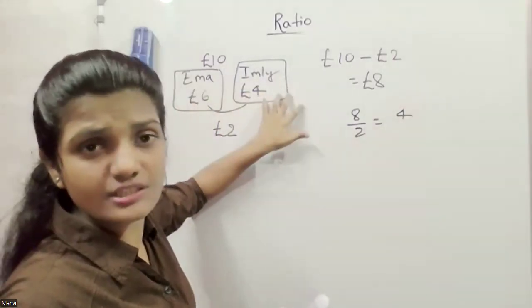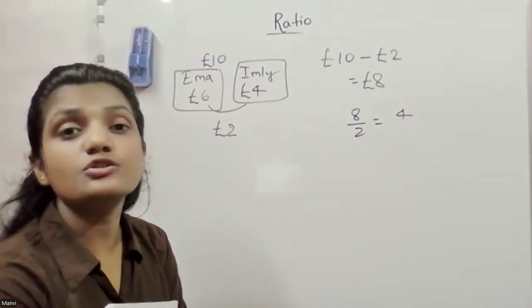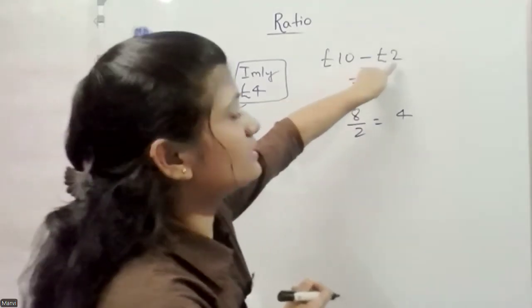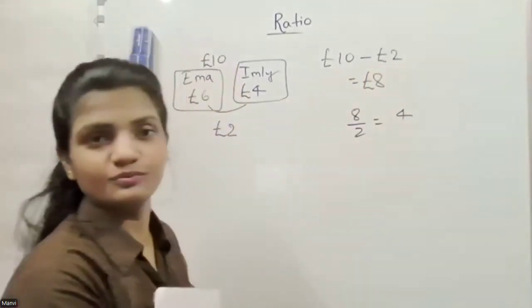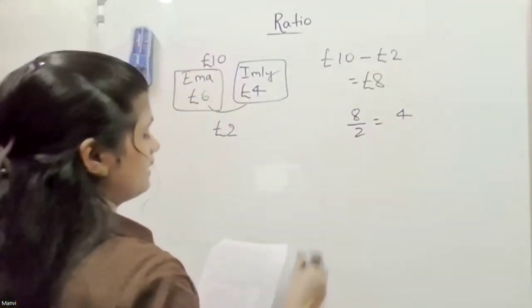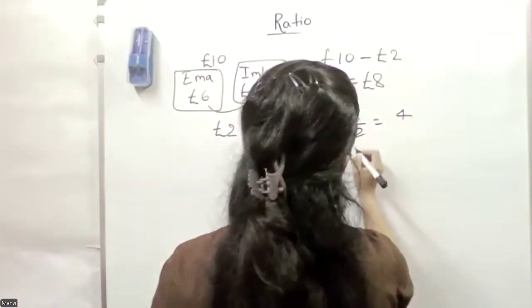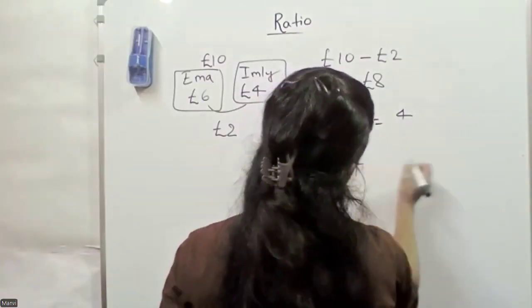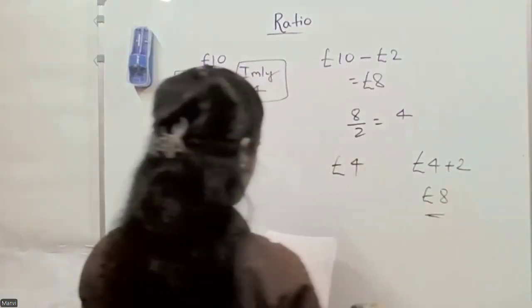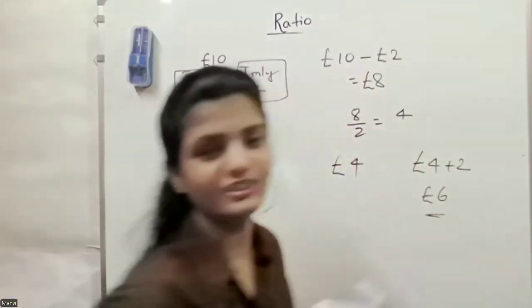So we can distribute this 4 pound between these two children, child one, child two. But in the question, it says that one gets 2 pound more than the second one. So here, as we subtracted 2, we must add that 2 back. Try to add it to the larger share. So one gets 4 pound and the other gets 4 plus 2, which is 6 pound. Yeah, good.